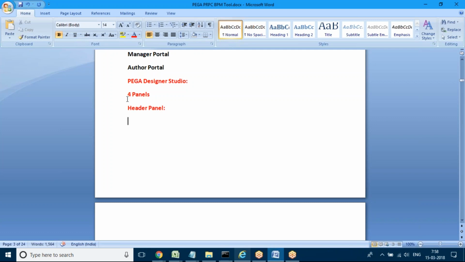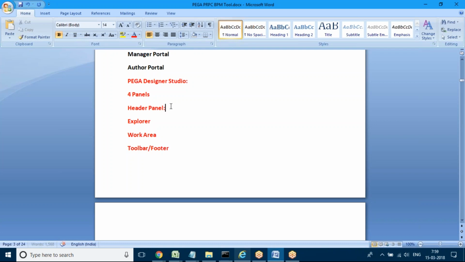So you'll have four panels: header, explorer, work area, and toolbar panel, which we can also call the footer.